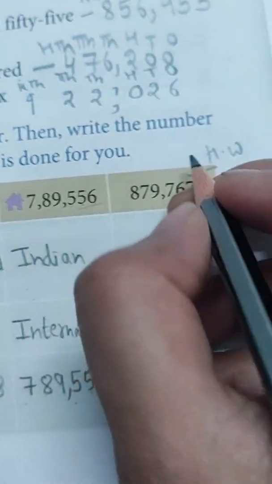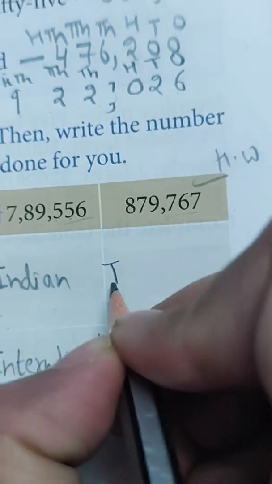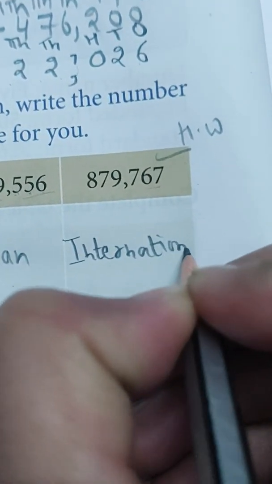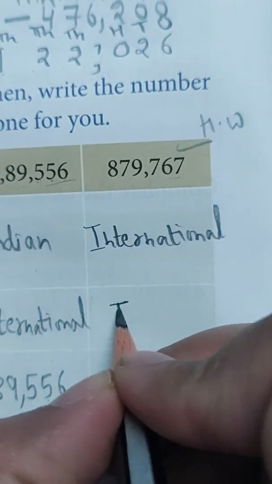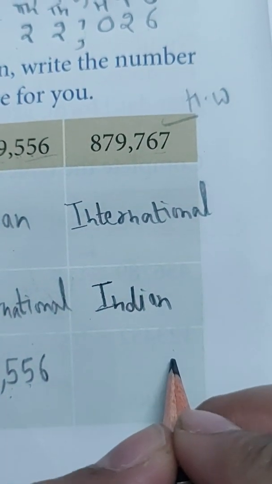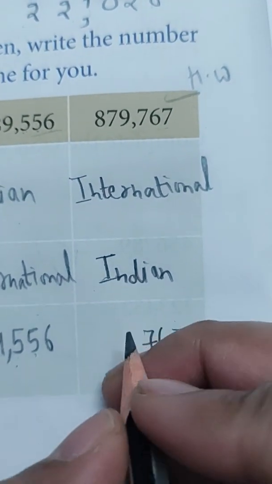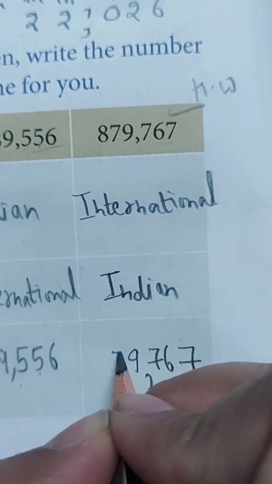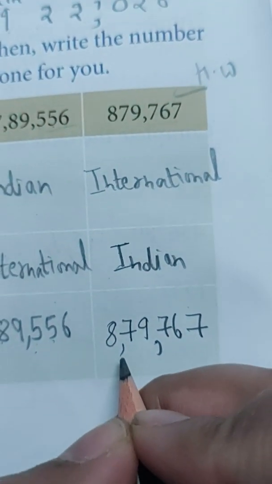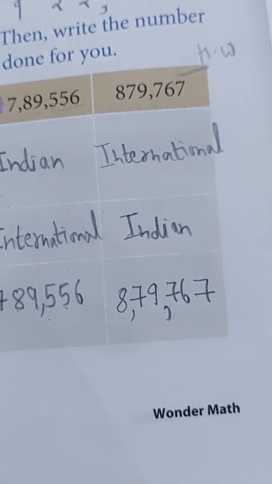So now the next number you have is this. Again we have three digits in this, so you can say this is the international numeral system. And the other system of numeration is Indian. And how to write this number in Indian form? 767: there will be no change in the ones period. Then you will write 9 and 7, two digits, and the one digit for lakh. There will be a comma here, 3, 2, 2, 2, like this it goes in the Indian numeral system.